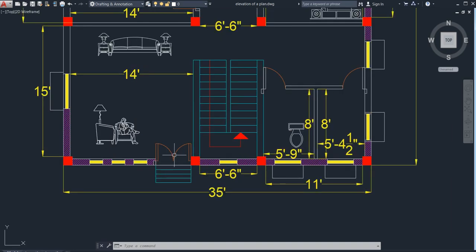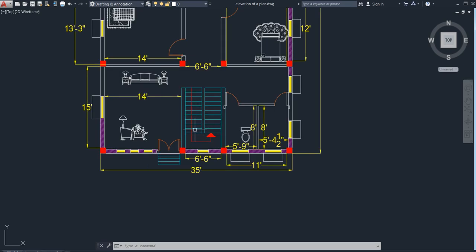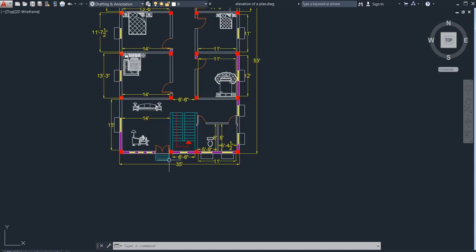This is the main door of this building, this is our staircase, and this is our bathroom. Whatever you can assume, you can make it a storeroom or else another washroom. So there will be two washrooms.